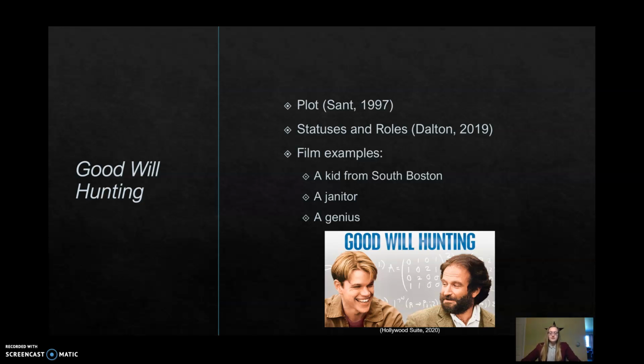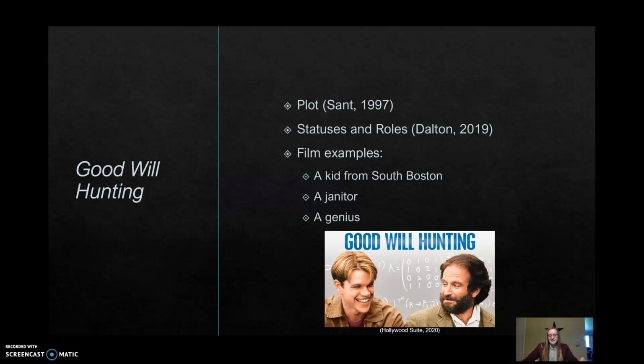So, this movie, if you can remember what I said earlier about a kid from South Boston, a janitor, and a genius. Now, this is not the beginning of a punchline involving three men who are about to walk into a bar. They all describe the main character, Will Hunting. As directed in the film,